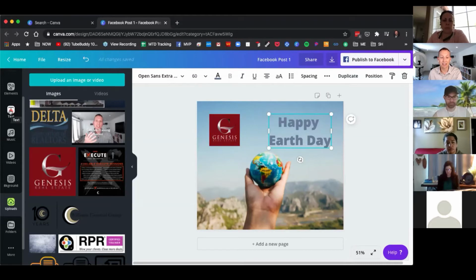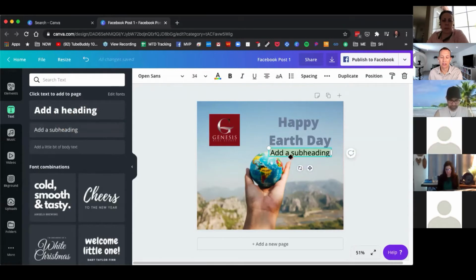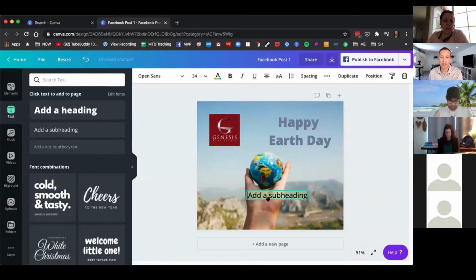I may go back to text on the left-hand side and maybe add my name, add some contact information too if I want. So I could always click on add a subheading. That's going to add additional text in. Maybe I'm going to position that down here right in the middle at the bottom. And I'm just going to say, Aaron Lacey. And then maybe I'll put my phone number. Okay. So you don't have to,